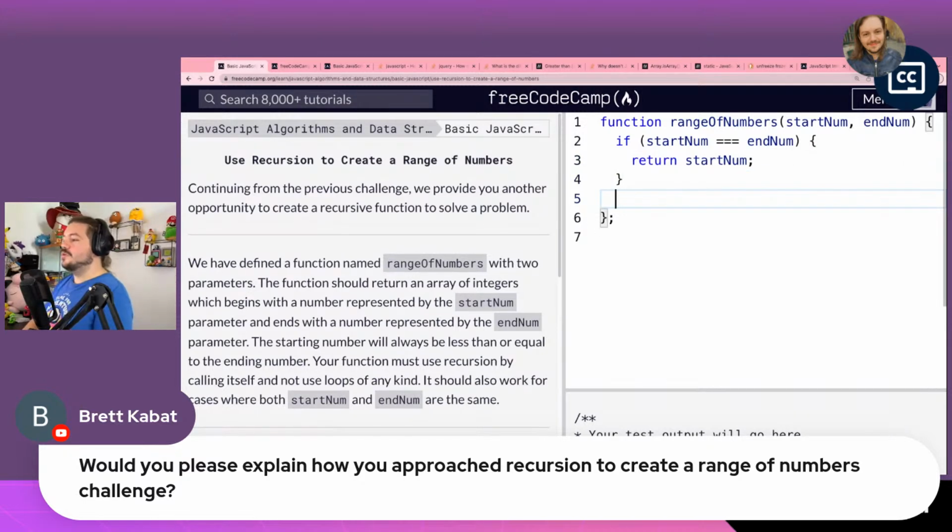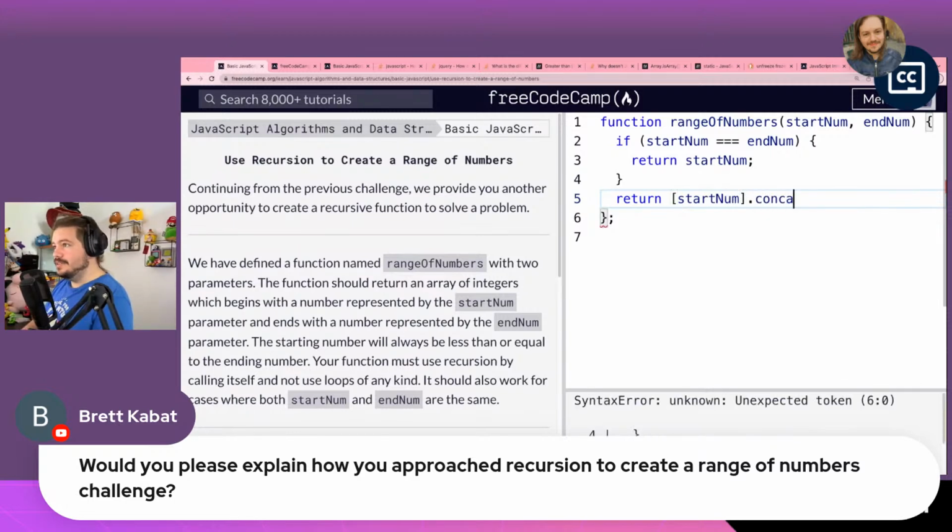Otherwise, we're going to do return. So let's see. We will want to return the number at the beginning, startNum, concatenated by,